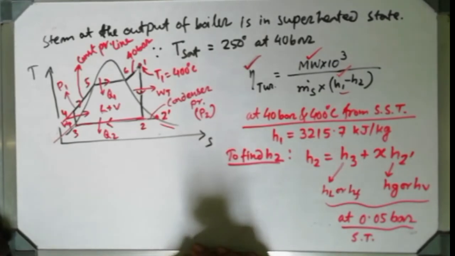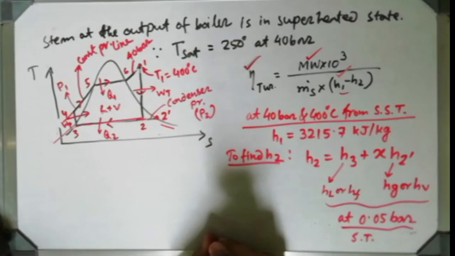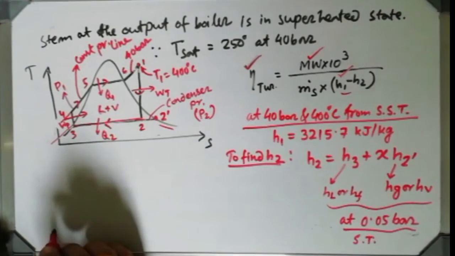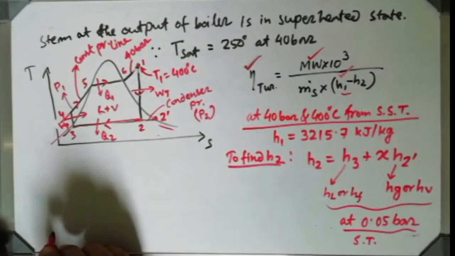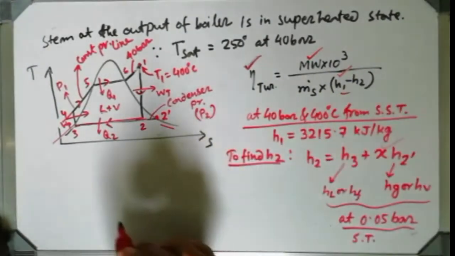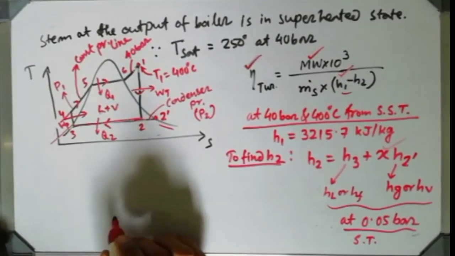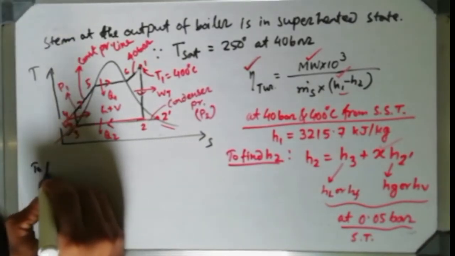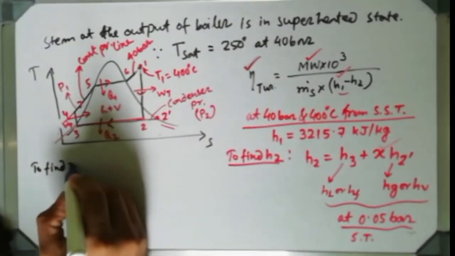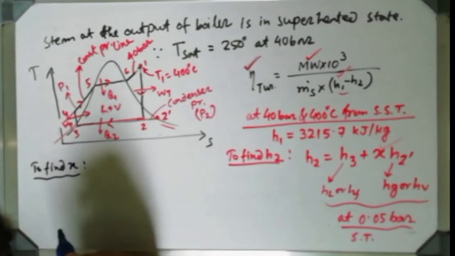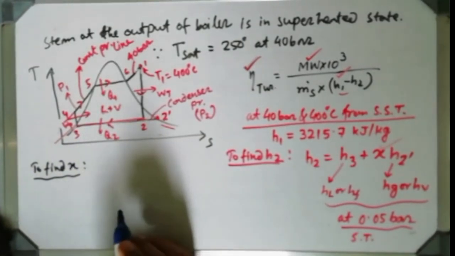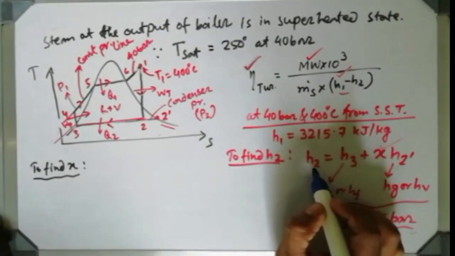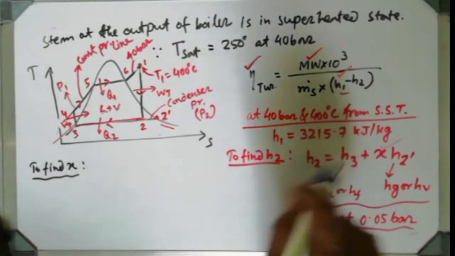But the question is, is the dryness fraction known to us? No, beta, the dryness fraction is not known to you. Basically you have to find the dryness fraction in the problem also. How can you find this X value? I can show it here. To find X, what do we have to do? We have to use an entropy relationship. The entropy relation will hold like the same thing. Just substitute enthalpy by entropy.